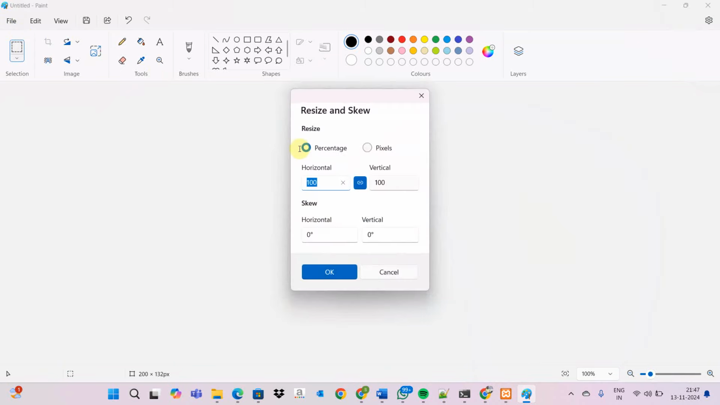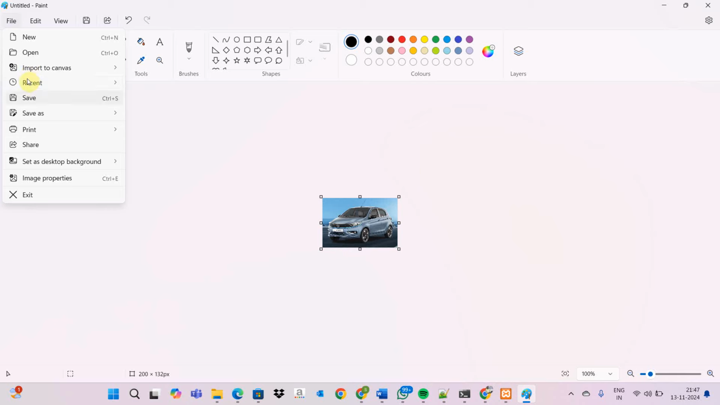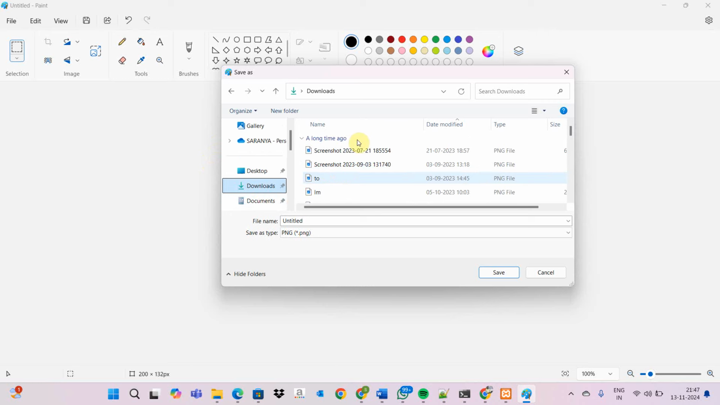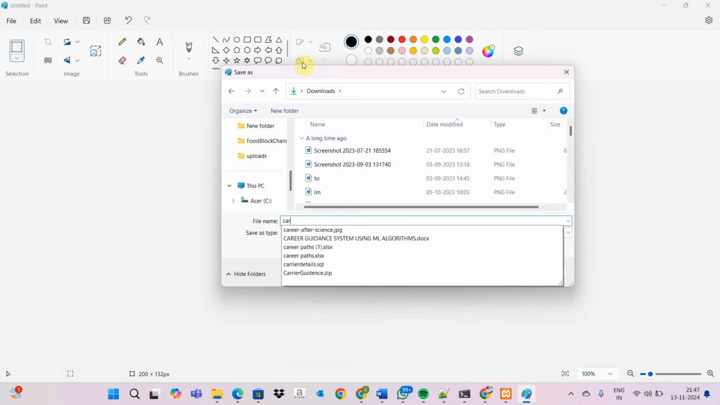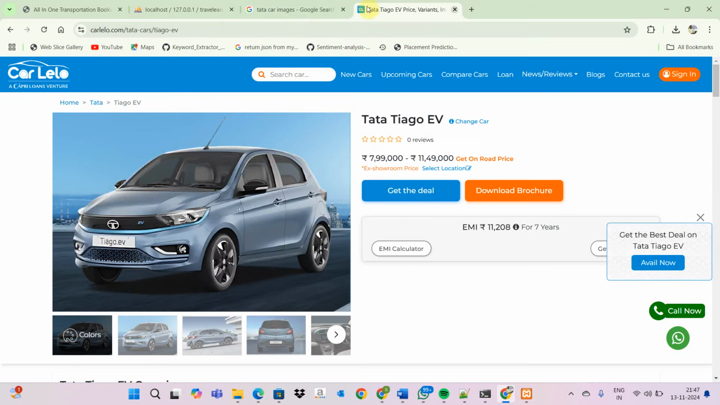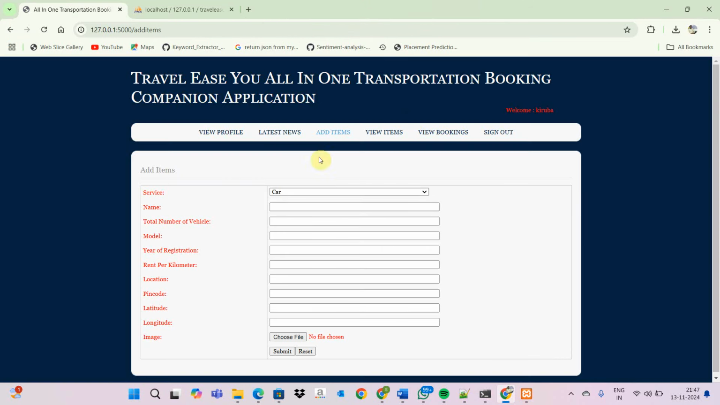Where is the size? First 200 by 200, then file, save as a PNG, saving directly in the downloads as car.png. We save this one, close this image. And this folder, directly we go here, car,